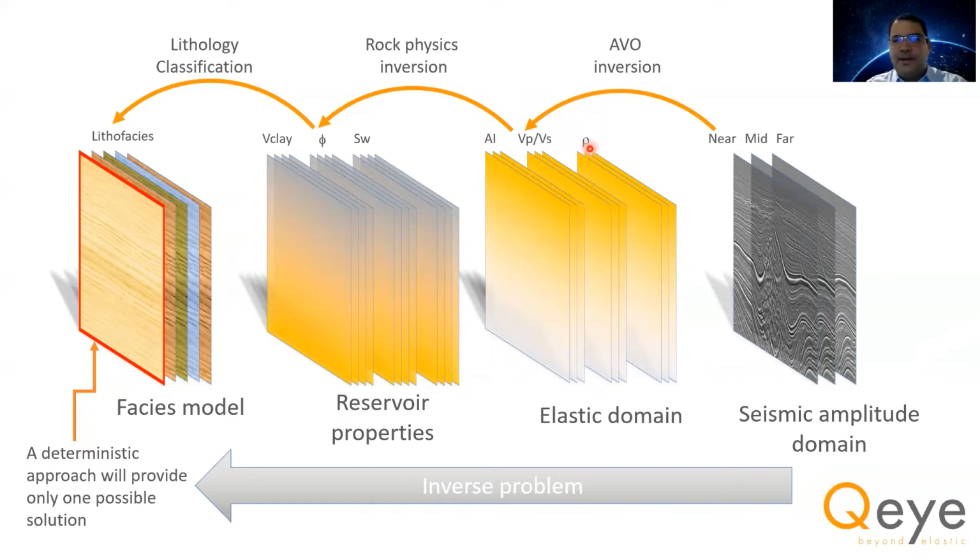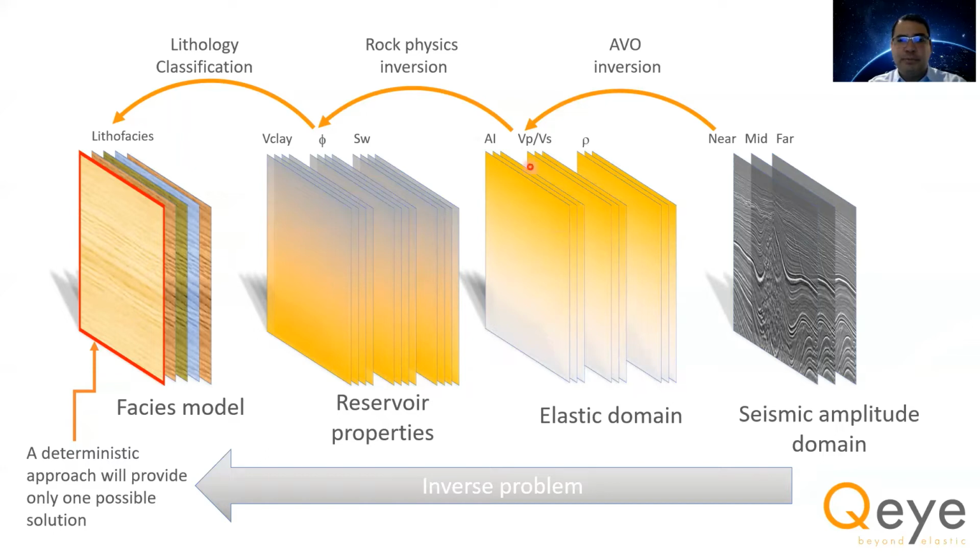And at this point, we're going to start facing one of the most challenging problems with pretty much any inversion problem, which is the non-uniqueness of the solution, meaning that there could actually exist many different AI, VP/VS, and density models that would model the same AVO response. So in a deterministic inversion, we would typically choose an optimal solution and move on with that solution into